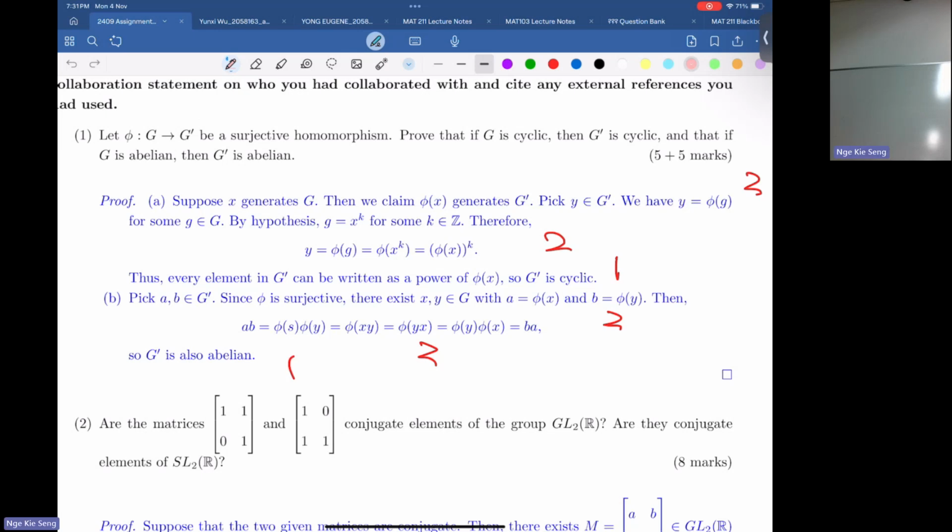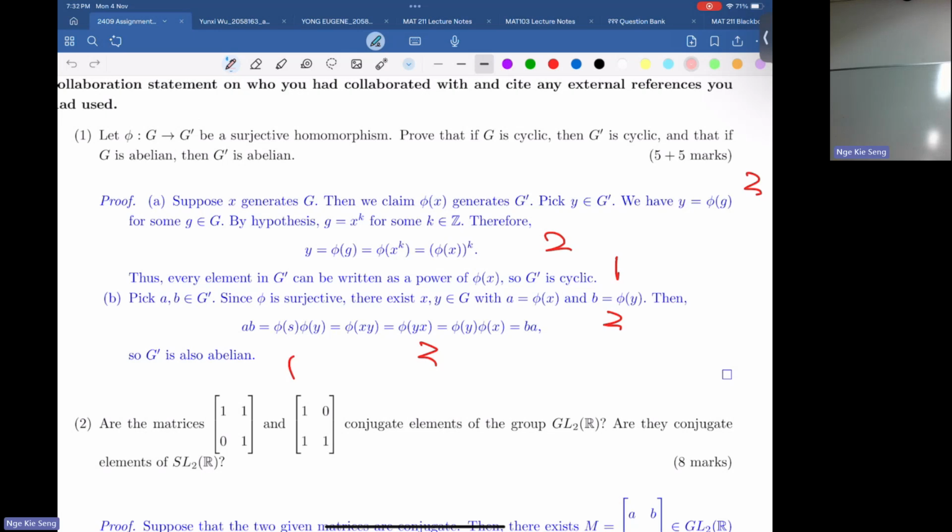All right. So our first question: prove that if the domain group is cyclic, then the codomain group is cyclic also, and if the domain group is abelian, prove that the codomain group is also abelian. So let's start from the first one. These two proofs have the same flavor, where you need to use surjectivity. A lot of you forget the definition of surjectivity. What does surjectivity do? Surjective means you can hit everything in your codomain. This is the main point you need to use.